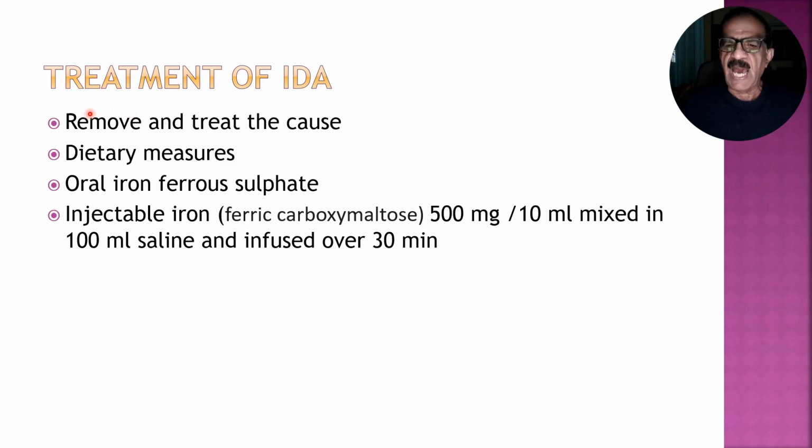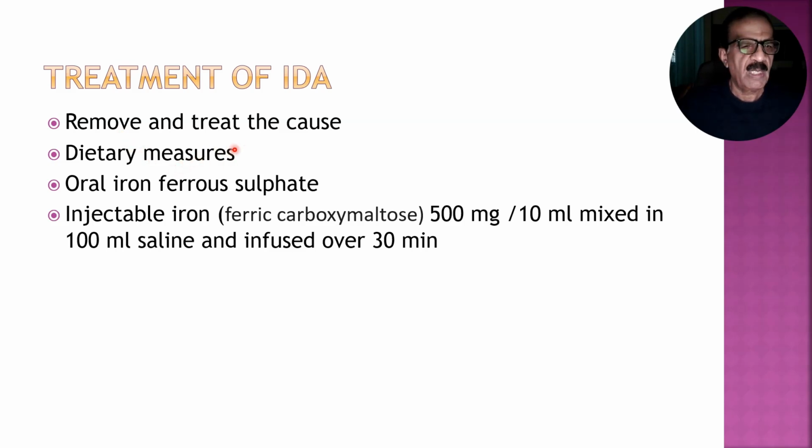So if there is iron deficiency, of course, you first have to remove and treat the cause. If somebody has worm infestation, you need to treat him for that. And you need to also adopt certain dietary measures. The patient needs to be advised to take a diet which has ample iron. Best iron comes in the form of meat, which is heme. And although iron is present in vegetables and fruits also, that is not a very good quality iron,